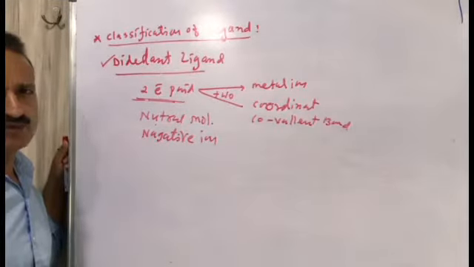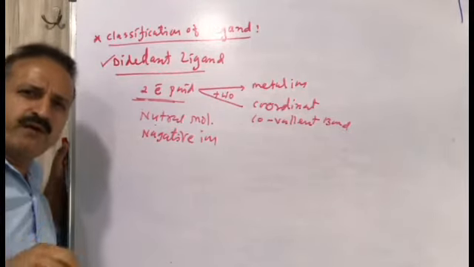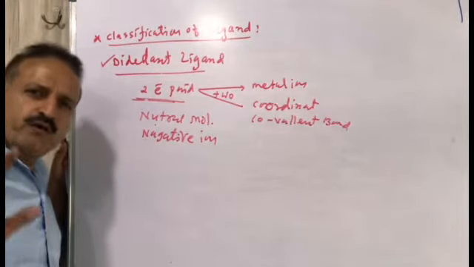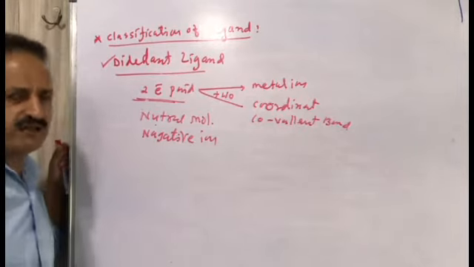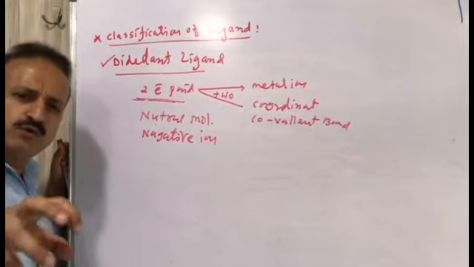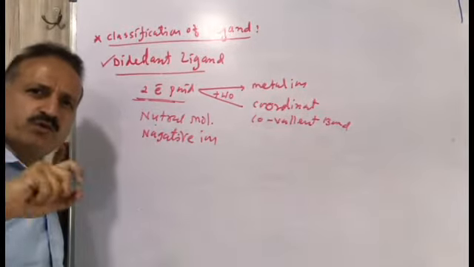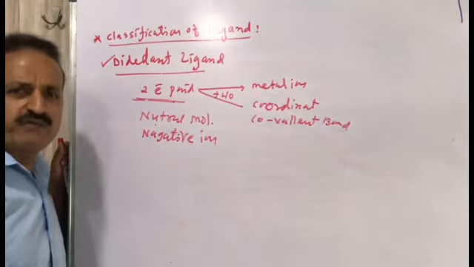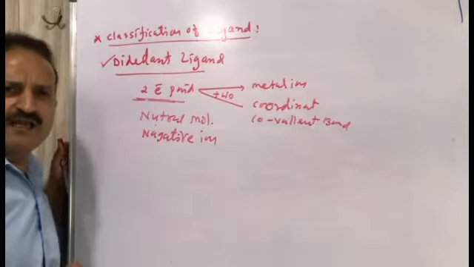Hexadentate ligand. So the definition is common, just the number will change. 2 electron pair, 3 electron pair, 6 electron pair; 2 coordinate covalent bond, 3 coordinate covalent bond, 6 coordinate covalent bond, like that. So it is not necessary to remember all the time, just extract the common words and add 2, 3, 6, and there will be the definition for the classification of ligand. So now we have an example of a bidentate ligand.